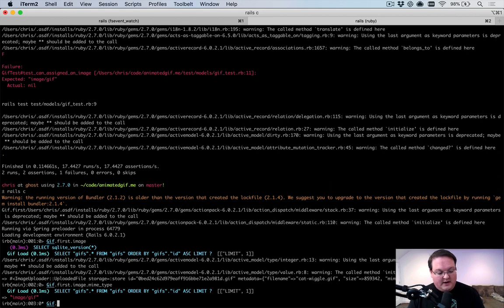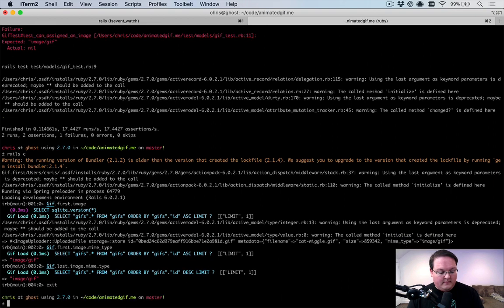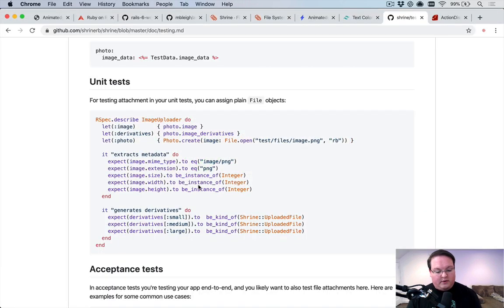Yeah, so Gif.last image mime type. Okay, so for us, that was definitely not working right. So let's take a look and see what we've got here. So image mime type to equal image/png,